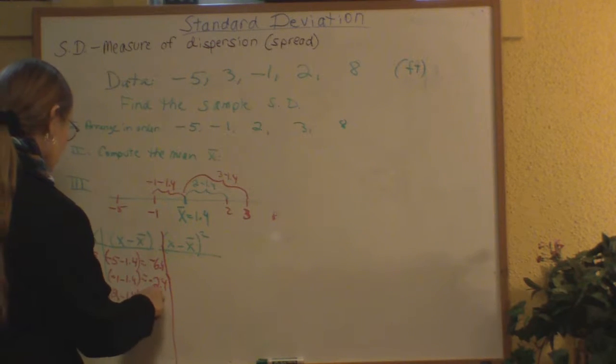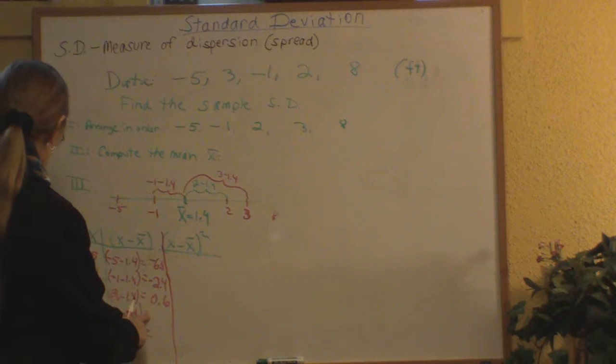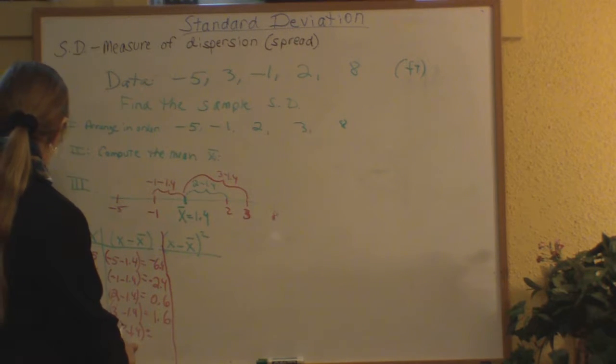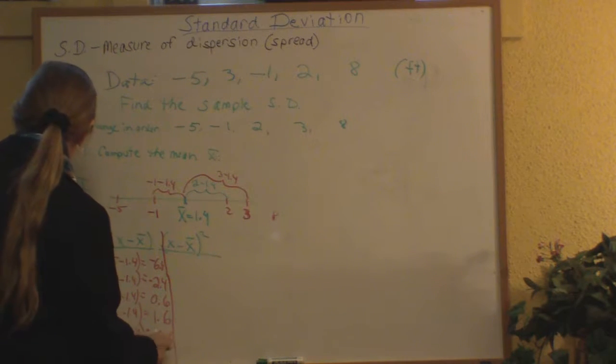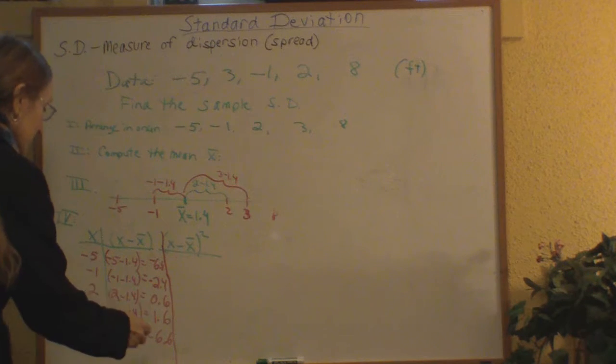So 2 minus 1.4 is positive 0.6. And then we have 3 minus 1.4. This gives you a value of 1.6. And finally 8 minus 1.4. This gives you a value of 6.6. Okay, so now you take each of those scores and square them, because if you were to add up